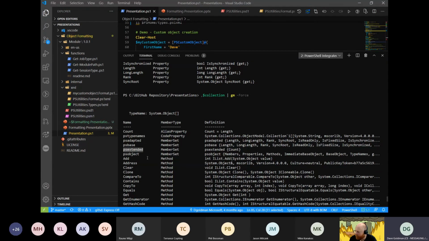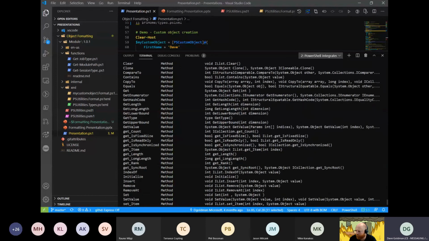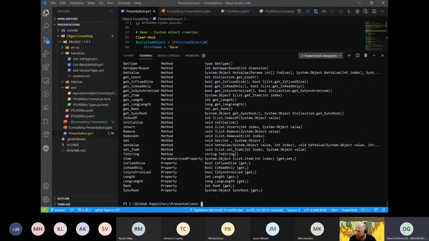And now you can see the methods for an array. So I can add to this. I can clear it. I can say, does it contain something? So when you run Get-Member, just be aware that Get-Member knows that it's a collection. Everything you get, that object's always a collection, whether it has one element or multiple elements.